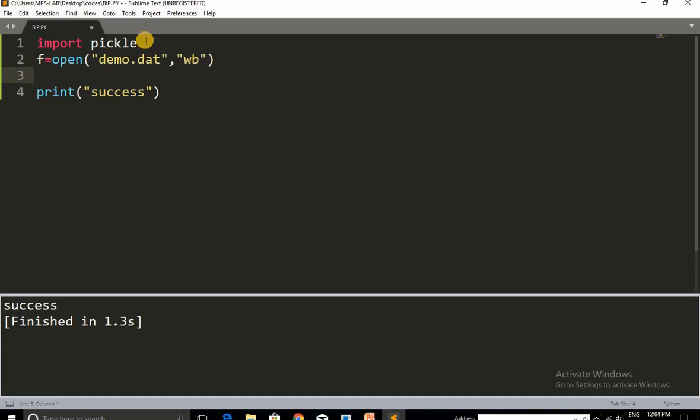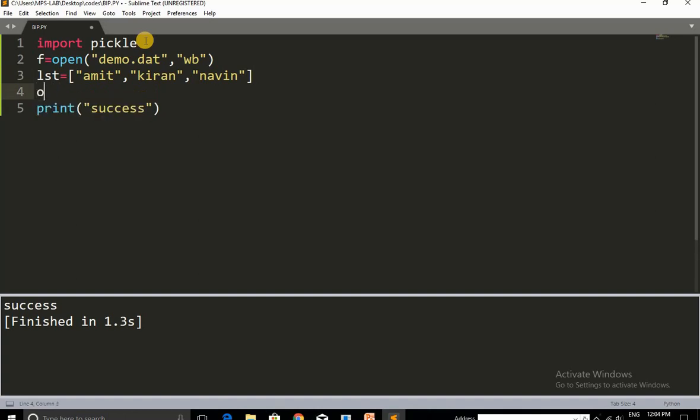And let's say we have a list in which some elements are given: Amit, Kiran, Naveen, and we have dumped the data into the binary file.